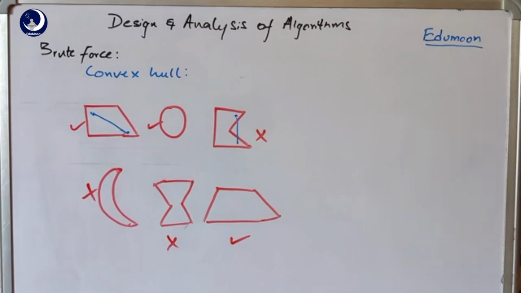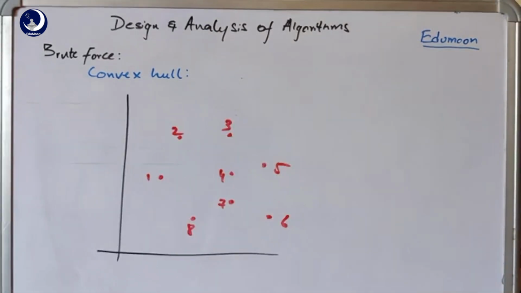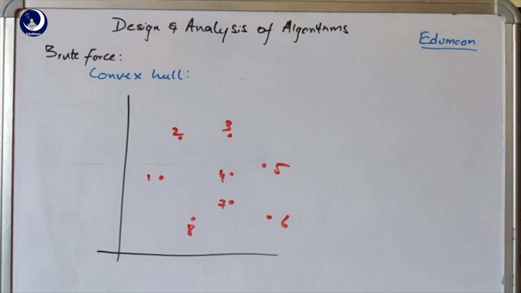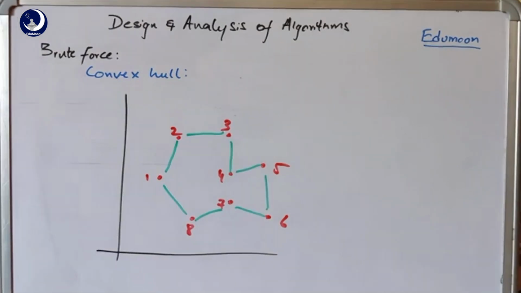Now when a set of points is given, for example if I take different points in a plane, let us consider an example. We have taken 8 points here, 1, 2, 3, 4, 5, 6, 7, 8. If I join all the points in regular order, 1, 2, 3, 4, 5, 6, 7, 8, it gives some irregular shape, which is of course not a convex shape. To conclude which of these 8 points make up a convex shape, there are only a few points which do so.